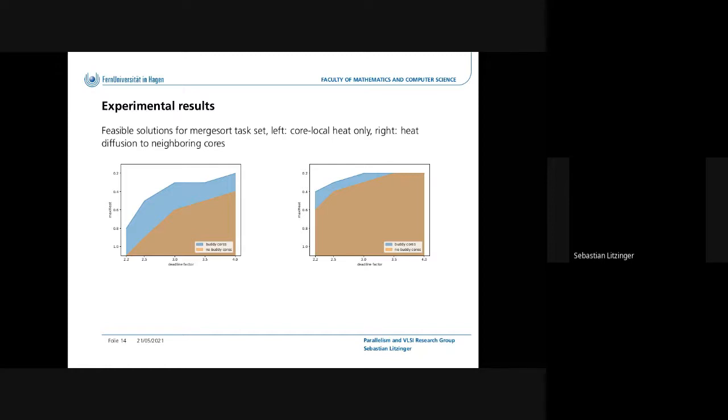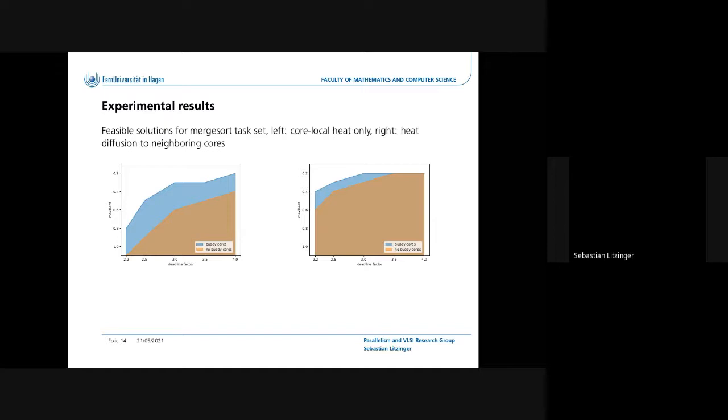We have on the x-axis the deadline tightness, so the deadline gets loose if we go right, and on the y-axis the heat constraint, which gets more restrictive going upwards. The brown area then represents parameter combinations for which a feasible solution could be found with the regular cron scheduler under the heat constraints, and the blue area indicates feasible solutions that were in addition found by the scheduler employing the body core technique for the critical hot